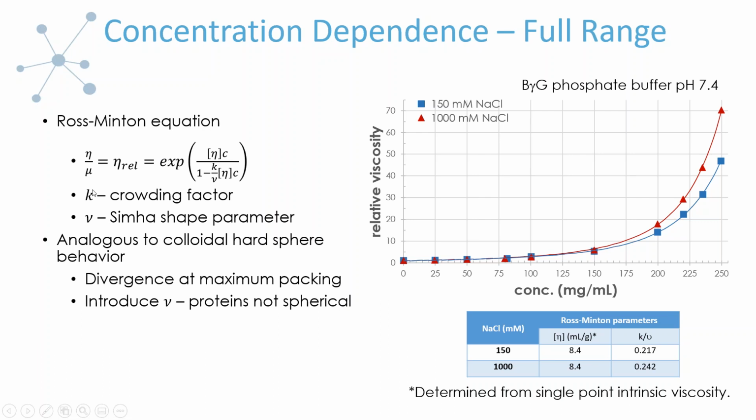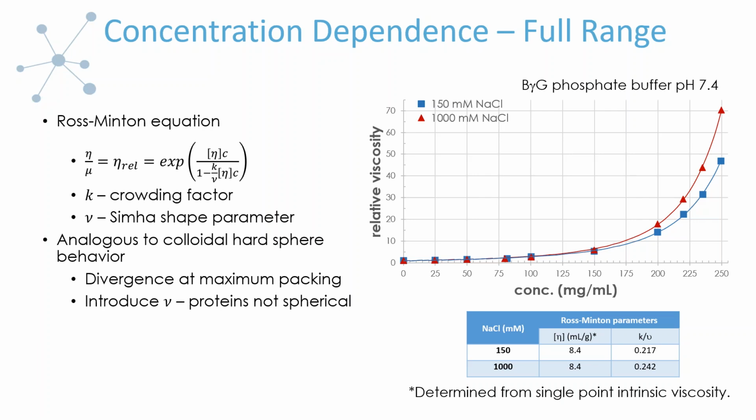So the exact parameters that are put into the model are less straightforward than in the colloidal system. In the colloidal system, it's basically the maximum packing volume fraction. Whereas here, they sort of redefine it into a crowding factor, and then also what they refer to as a shape parameter, because these proteins aren't spherical, they're anisotropic in nature. So this particular equation, because of its exponential form, is going to lead to our final scaled